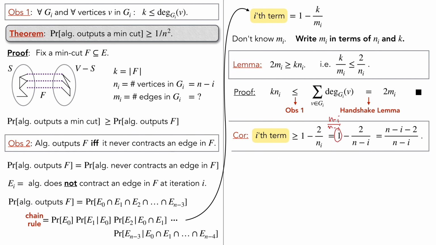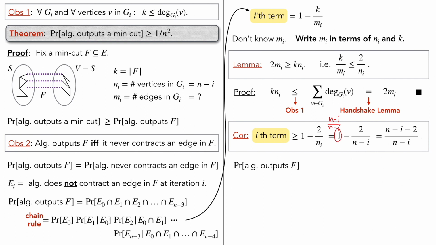So now we have that. The ith term is bounded by that. And now we're clear for takeoff, okay? So now we're ready to go. We're ready to finish the proof. Because why? We know now that the probability that the algorithm outputs f is the product of these terms, the